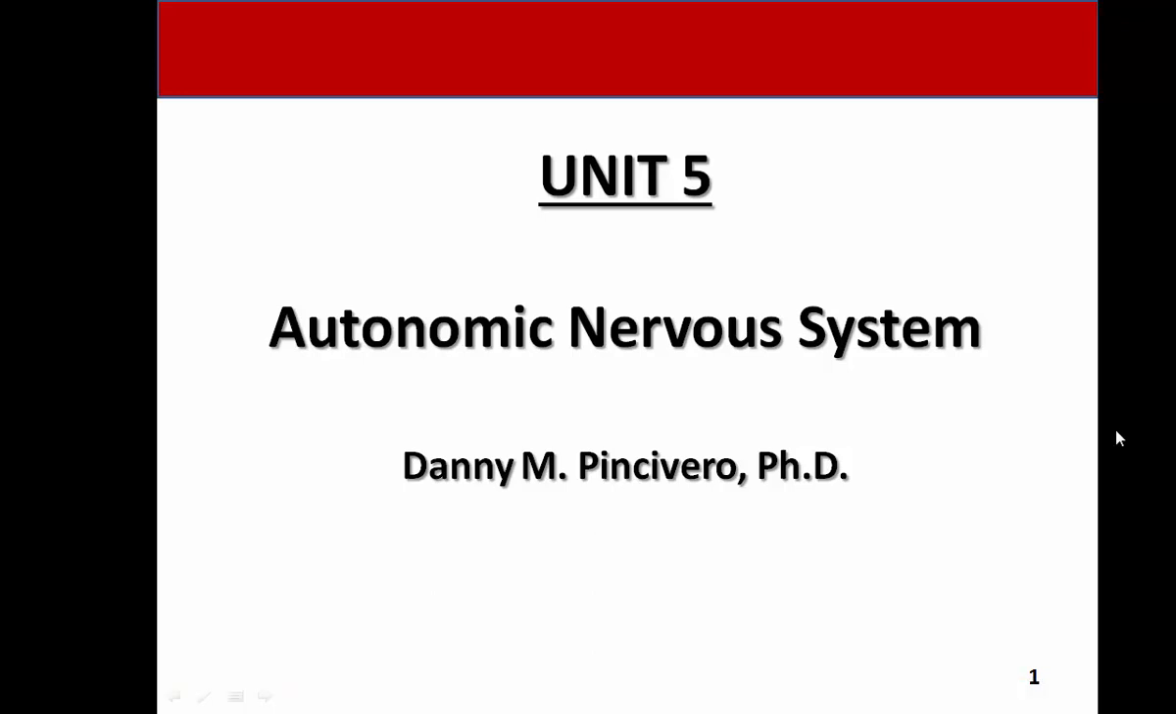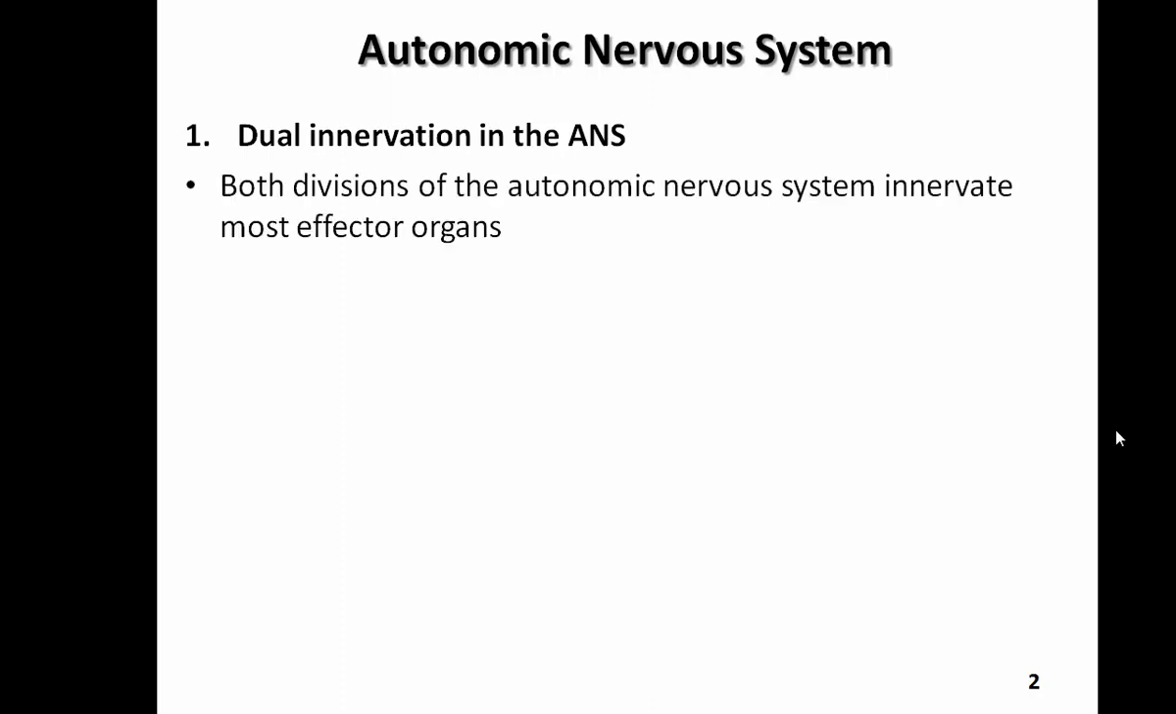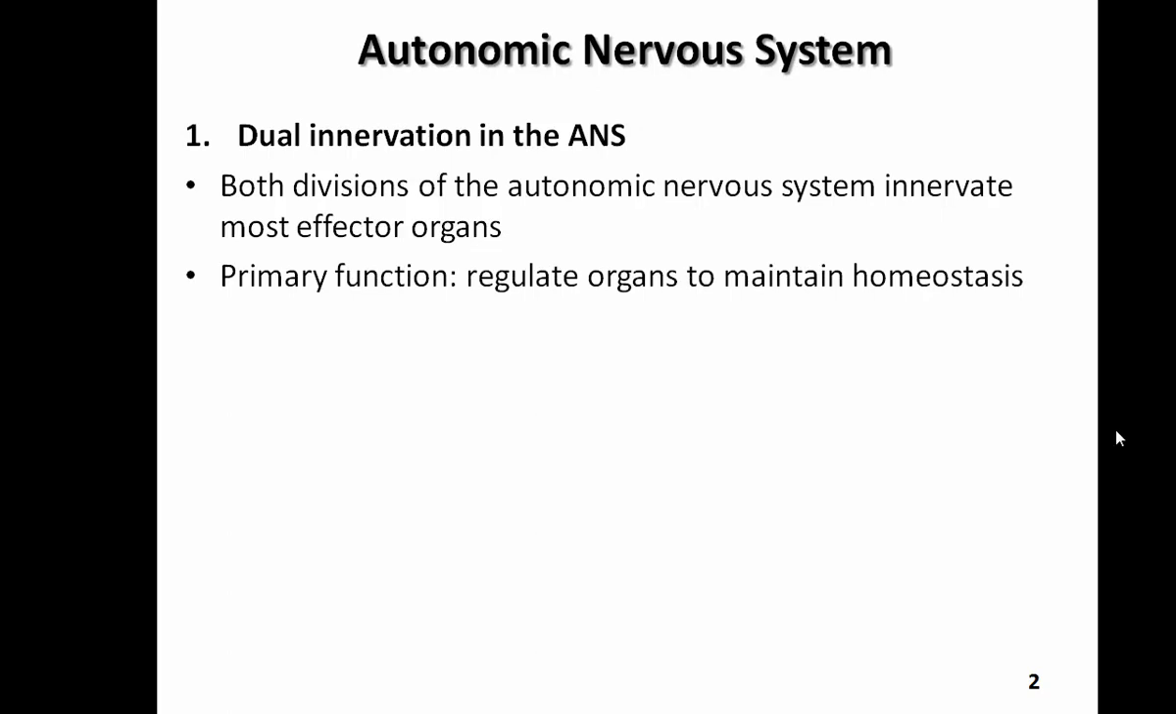In this lecture, we're going to provide an introduction to the autonomic nervous system. One unique feature of the autonomic nervous system is its dual innervation. There are two branches, and both of these branches or divisions will affect and innervate most effector organs. The primary function of the autonomic nervous system is to trigger activity that will regulate the organs in